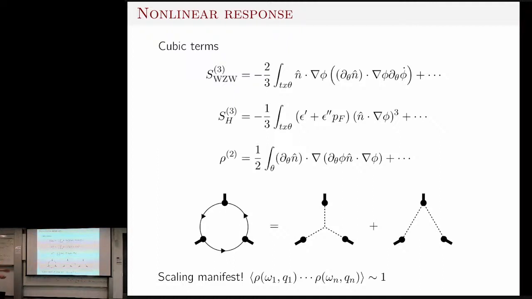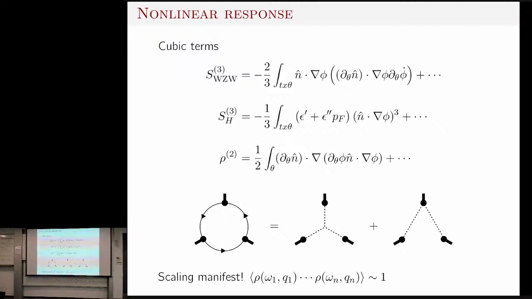And then there are some less universal cubic terms, which in the case of a free Fermi gas will just come from the dispersion relation. This is similar to what happens in 1+1 dimensions, something like the curvature of the dispersion relation, which leads to cubic terms. And so what you can check is that if you go back to the Gaussian action and see how things scale,